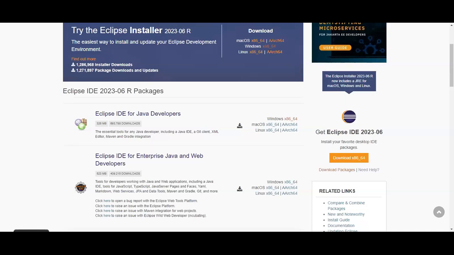Now my Eclipse is visible, right, to everyone? Okay. So once you have downloaded Java and set up the environmental path, and after downloading Eclipse, open Eclipse here. Then go to file and go to new. Just create one project first. So it's a Java project. So Java project. Next,